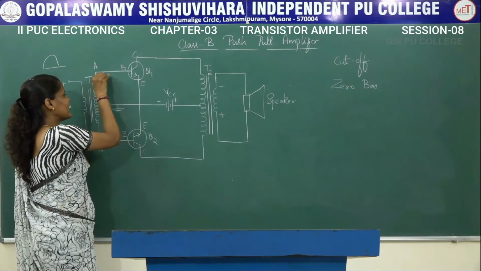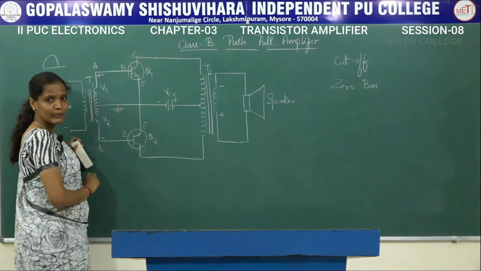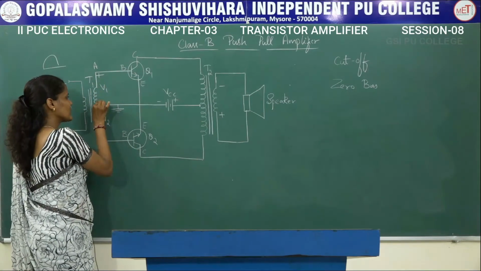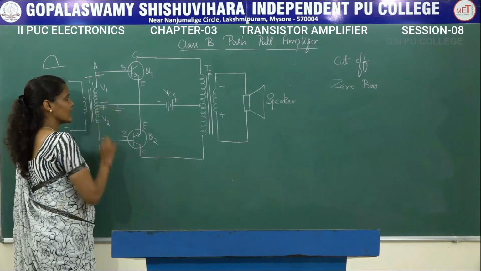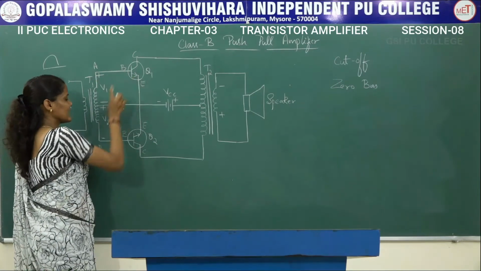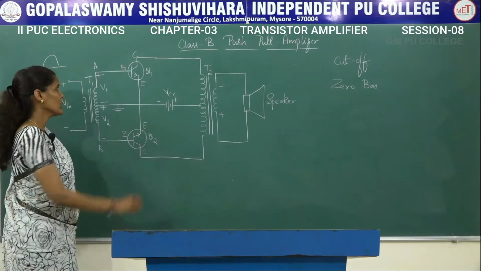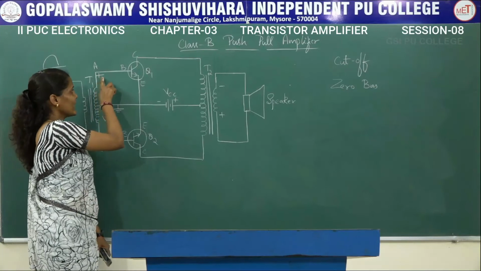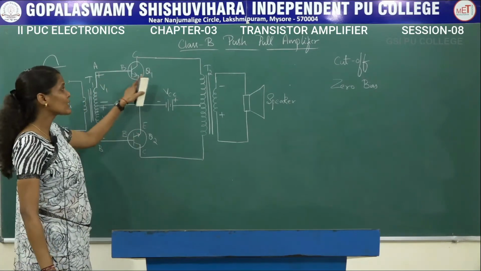So the polarity of the point A will become positive whereas B will become negative. Since this is negative, this will become positive. And these are connected to the base terminal of these transistors Q1 and Q2. Since the polarity at point A is positive and that positive potential is connected to the base of the transistor